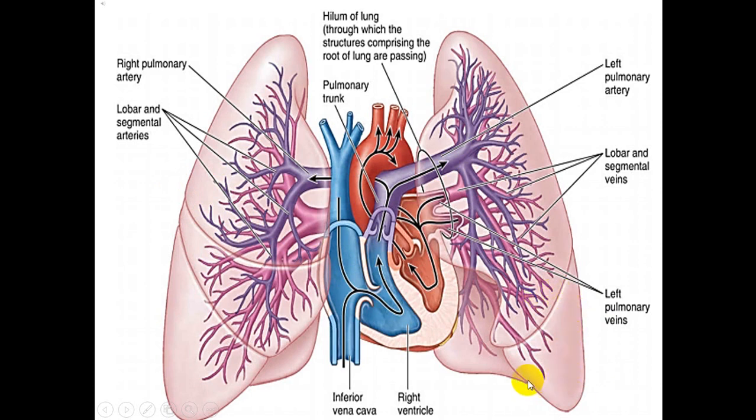Here oxygenation occurs, and then the blood is drained by the intersegmental veins or the pulmonary veins present in the connective tissue septa. So venules form tertiary pulmonary veins, from which lobar veins are formed, and then they drain into the superior and inferior pulmonary veins exiting from the hilum of each lung and draining this oxygenated blood from the lungs to the left atrium of the heart.